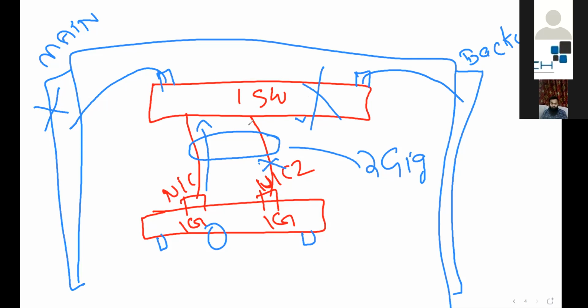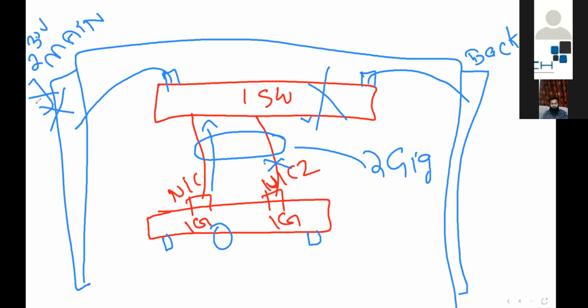But the question is, where are these two PDUs receiving power from? Are they receiving from the same main outlet? Again, we have a design solution here. We always recommend that the main PDU comes from the main wall, say 230 volts, according to the country.